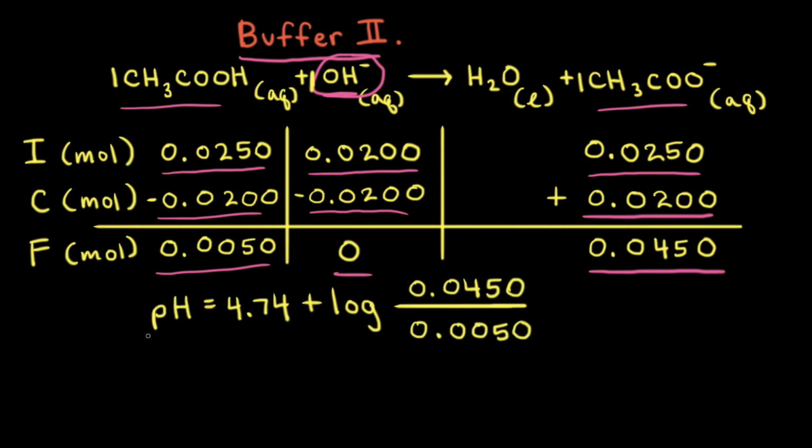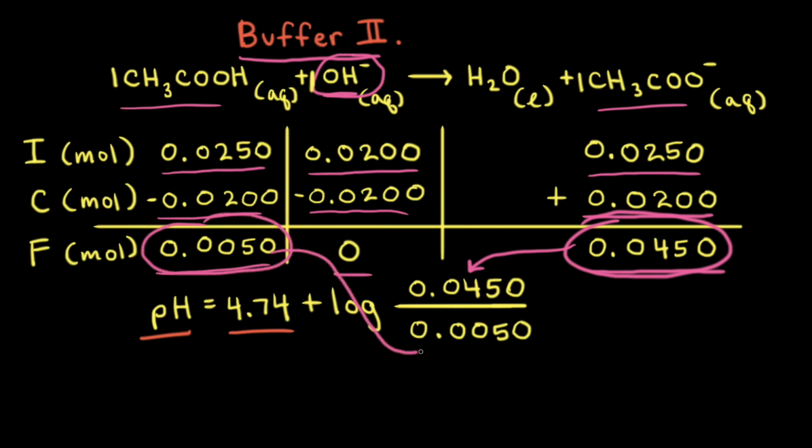Next, we can calculate the pH of the solution using the Henderson-Hasselbalch equation. So the pH is equal to the pKa value of acetic acid of 4.74 plus the log of the concentration of the conjugate base divided by the concentration of the weak acid. And since we can substitute in moles for that, we can grab those from our ICF table and plug in the moles of acetate and the moles of acetic acid, and then solve for the pH. When we solve for the pH, we find that the pH of buffer solution 2 is equal to